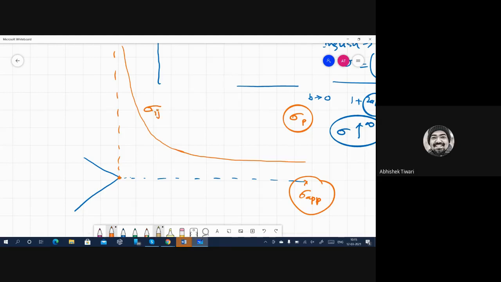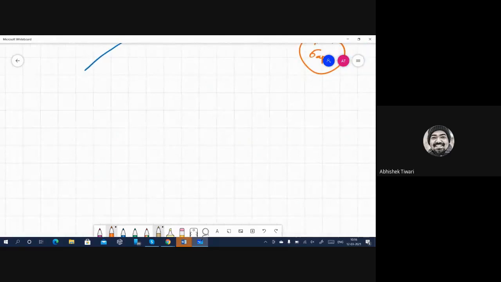So sigma ij can be sigma xx, sigma yy, sigma zz, or shear stresses, whatever. All those are asymptotic functions of the radial vector r and angle theta. Okay. So at any position, if you want to calculate the value of stress, then you need a relationship which can describe how distant it is from the crack tip, which is the origin, and what angle it is making in the Cartesian coordinate from the abscissa. And so with these two, you can find out the stress at different locations. And this is given by